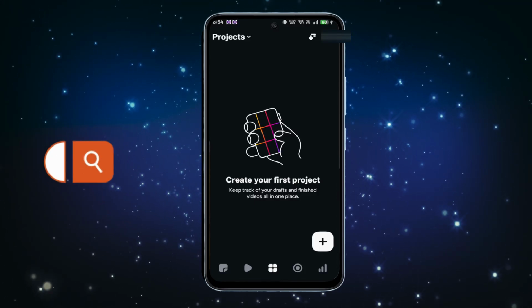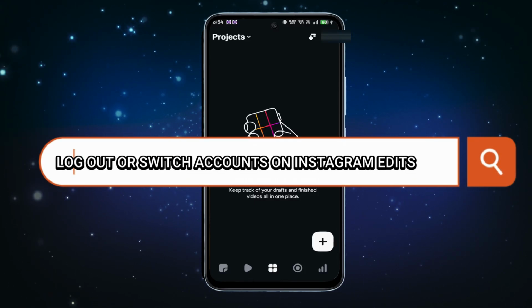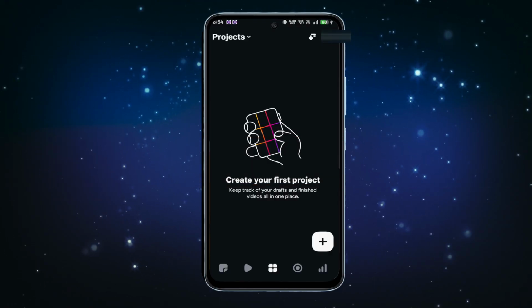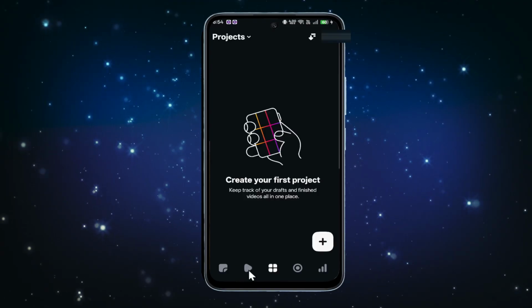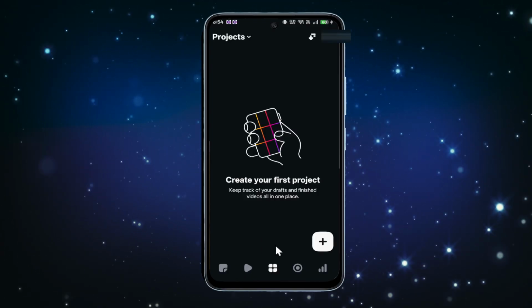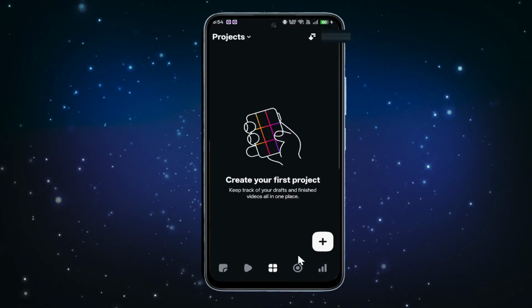If you wish to log out or switch your accounts on the Instagram Edits application, then it is quite easy to do so. First of all, open up the Instagram Edits application on your smartphone, and since you have already been logged in, you will directly be taken into your projects page. You can start working on your projects if you wish, but if you want to switch your account or log